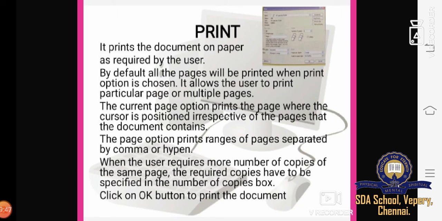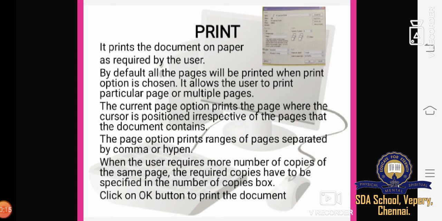By default, all the pages are printed when the Print option is chosen. The Print option also allows the user to print a particular page or multiple pages. The Current Page option prints the page where the cursor is positioned, irrespective of the pages the document contains.